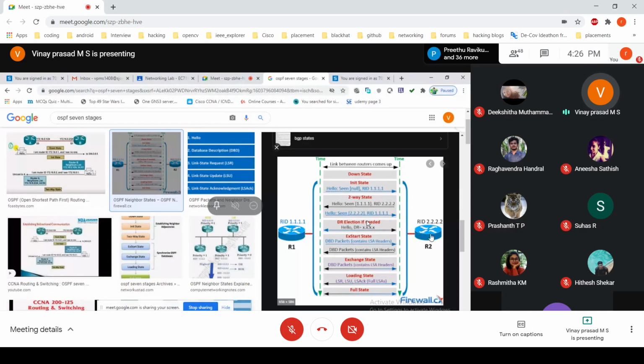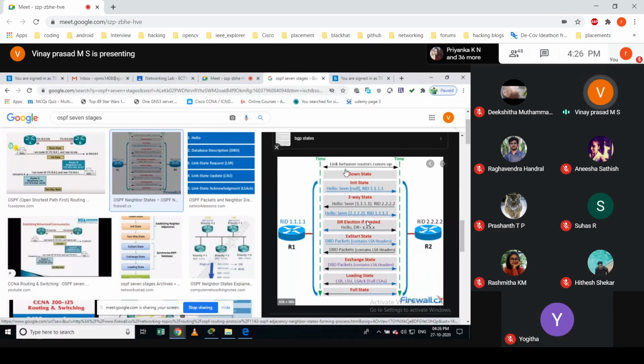Every router must have a router ID in OSPF, and it can be manually configured, or it is the highest IP address assigned in the router. That could be elected as the router ID.